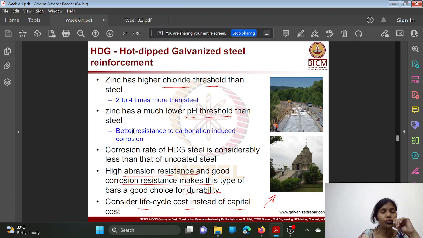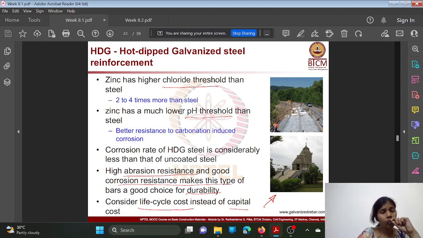There are two types of corrosion here. So in both the cases, this hot dipped galvanized steel, because of this zinc coating, will be useful in both the conditions. Okay, and the corrosion rate of HDG steel is considerably lesser than that of the uncoated steel, and high abrasion resistance and good corrosion resistance makes this type of bars a good choice for durability. And